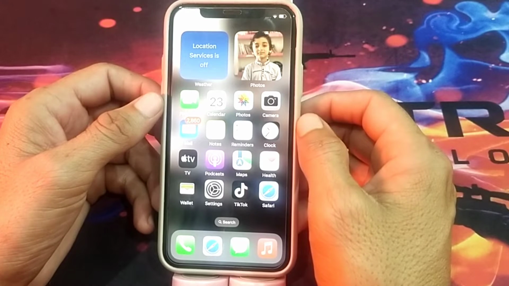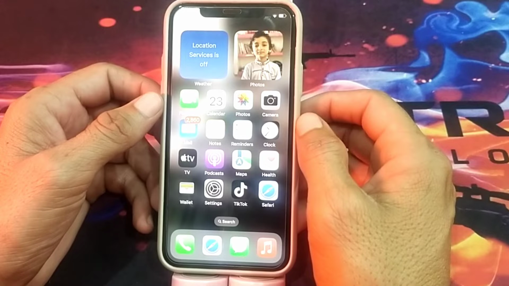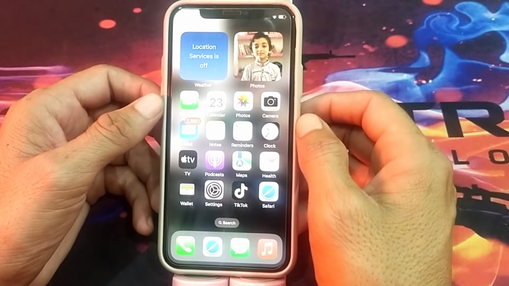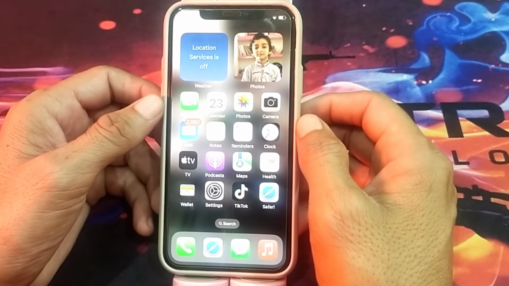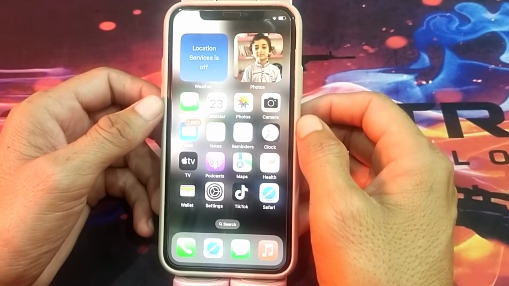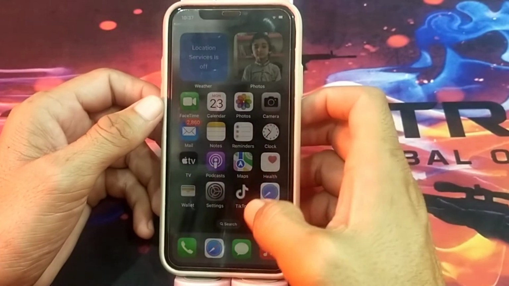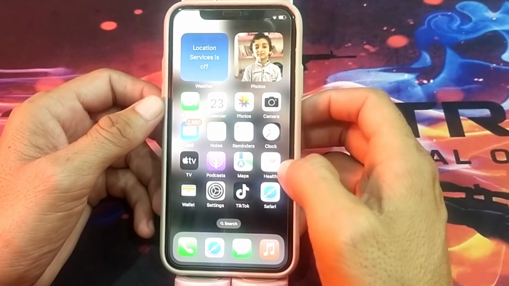I'm here with another very useful and informative video. In this video, I'm going to show you how you can record screen on your iPhone device after updating it to the latest version, iOS 17. So if you're using an iPhone and you have updated it to the latest version, iOS 17, and then you want to record screen on your iPhone, then in this video I will tell you how you can do that. You will just have to follow the steps, then you will be able to record screen